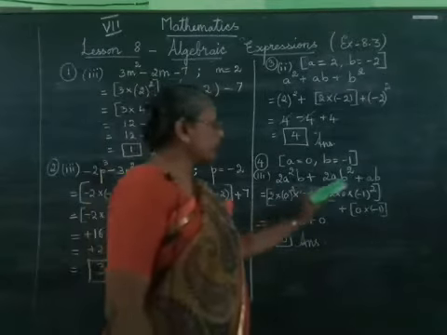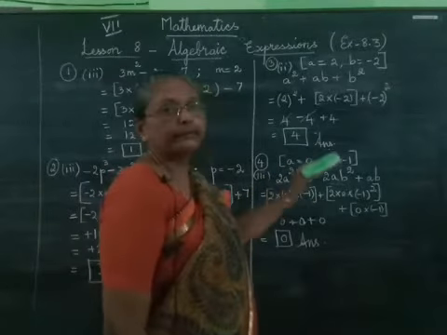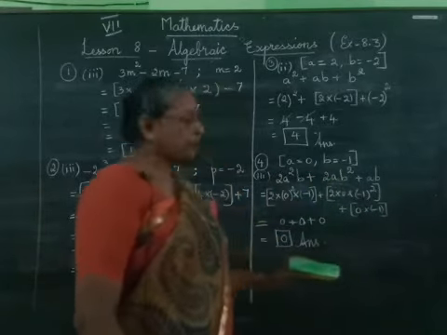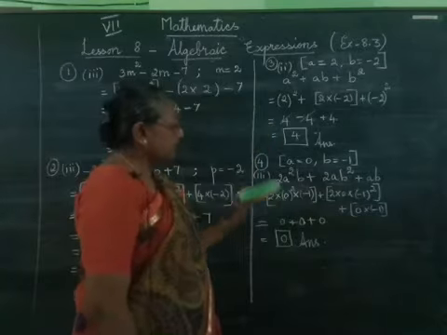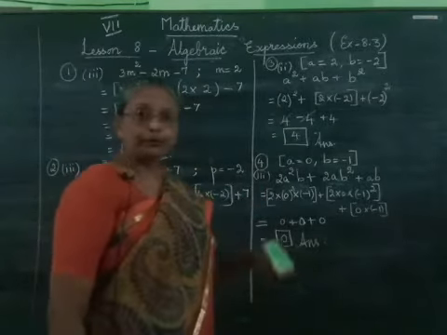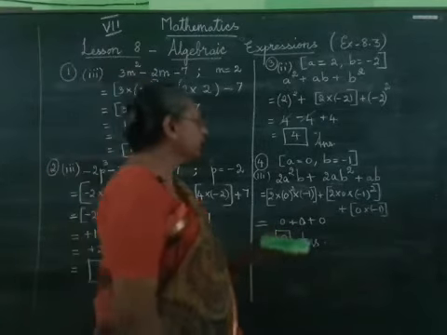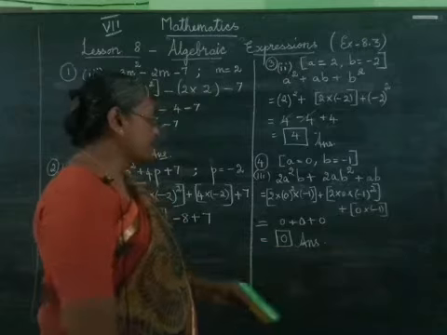This is the expression for which we have to find the value. Now A is given to be 0, B is given to be minus 1. So just like how we have done the other sums, we are going to put value for A and B. The only difference here is 0. So we should be careful what value we are finding.